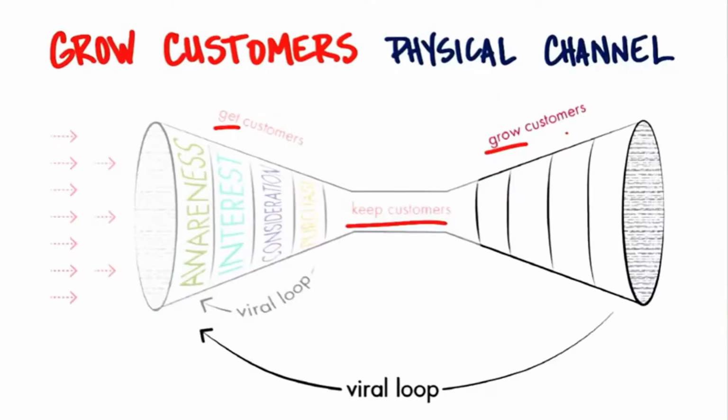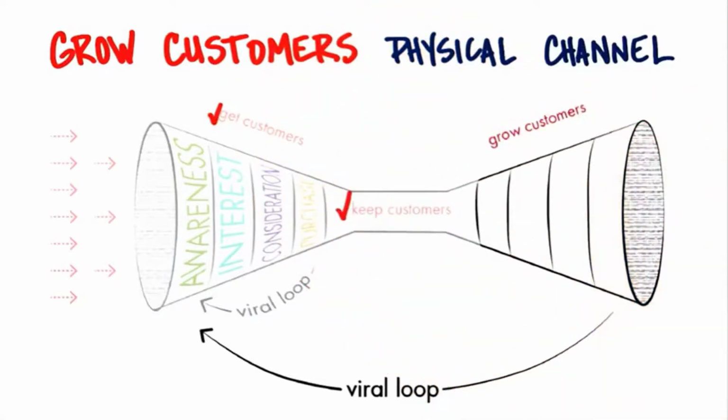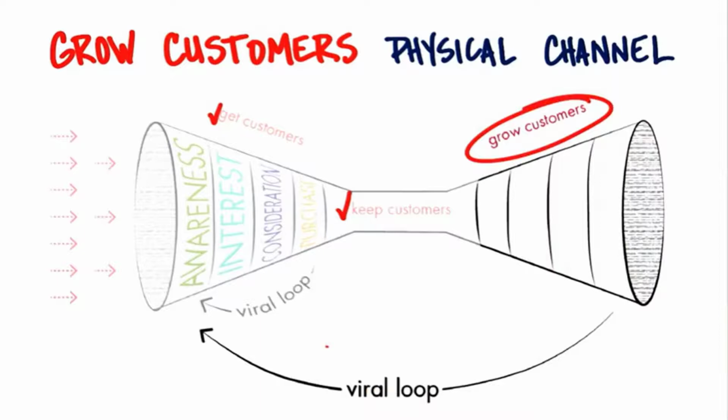So the next step in this funnel is, remember, we just talked about getting customers, and let's talk about keeping customers. This is what I call the "you should be so lucky to have this problem" part of the funnel. And that's how you grow the customers you have. If you think about growing customers, nothing magic, you've now sold these customers way back here under purchase. And you've kept them around with loyalty programs and product updates. But really what you'd like to do, understanding now that it's a lot cheaper to sell existing customers more stuff than it is to get new customers, is let's go try to sell them some stuff. And how can we do that?